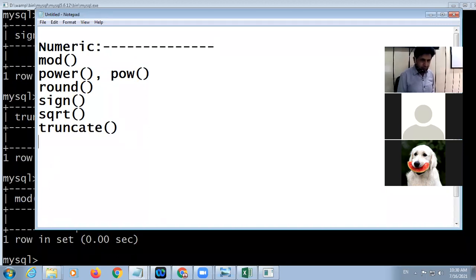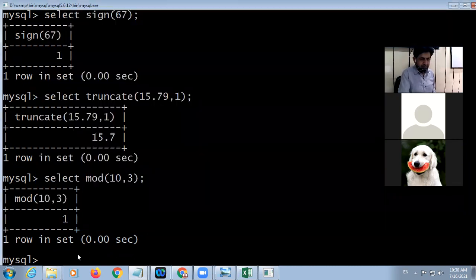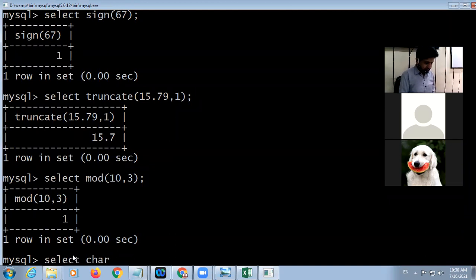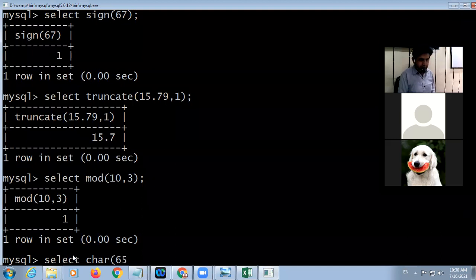So now we are going to discuss some string functions. The first function is char. Look at here, I am using select char 65.